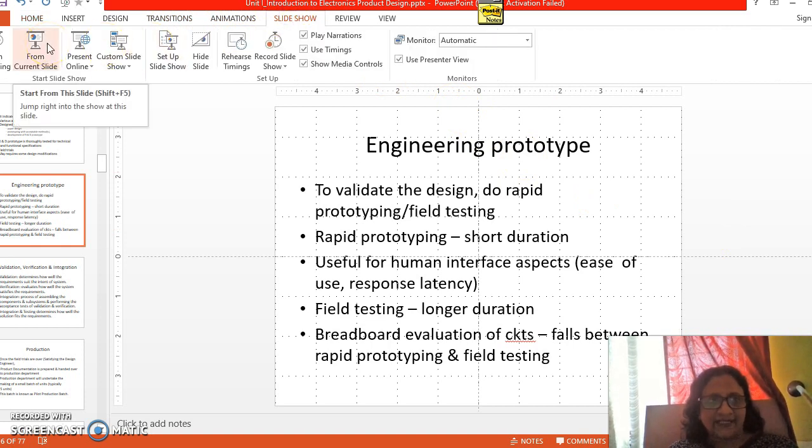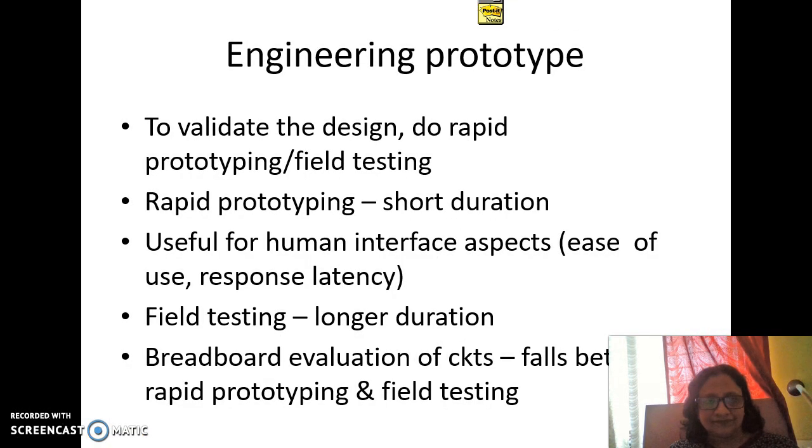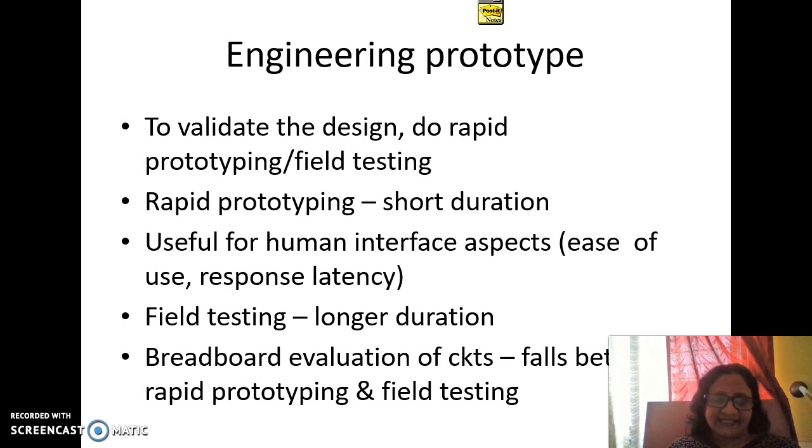Now, after design, there are generally two methods followed to validate the design. Either rapid prototyping is used or field testing method is used. The name itself indicates rapid prototyping means the prototype is developed in very short time, sometimes maybe only part of the functionality or sub module is implemented and it is given for testing, and that's why prototype development takes less time.